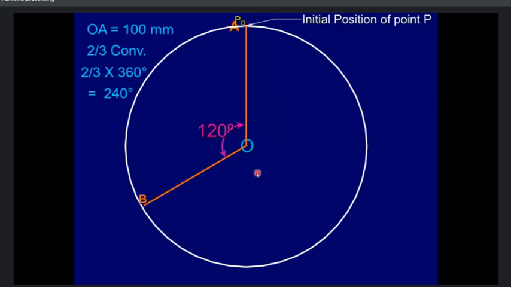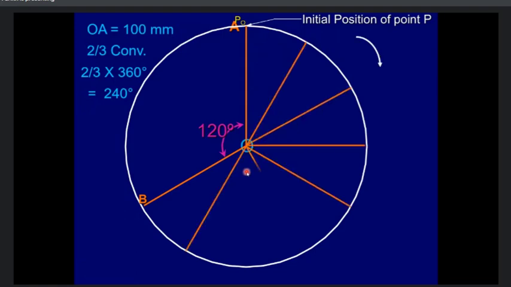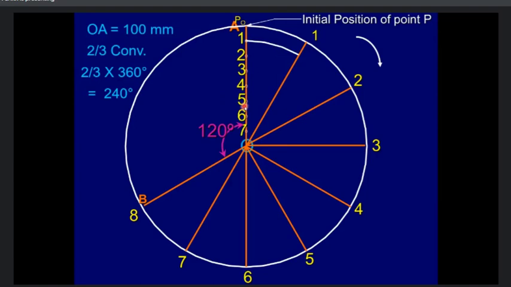Let us divide this 240 degree into equal parts. We have divided 30 each. You will get 8 equal parts. Write down the numbering in the direction of the rotation 1, 2, 3, 4 and so on. And you need to divide AO, outer periphery to the inner periphery. यहाँ से इस direction के अंदर आपको 8 equal parts लेने पड़ेंगे. You can see there 1, 2, 3, 4, 5, 6, 7, 8, all the numbering given from the outer periphery to the inner periphery side.